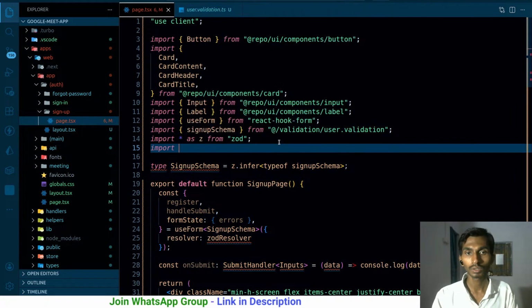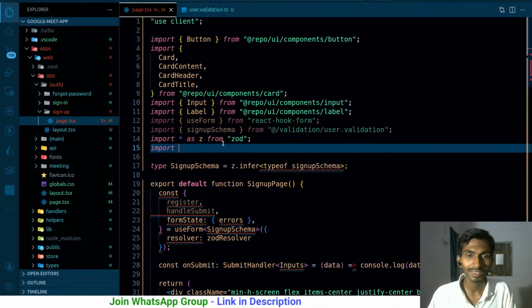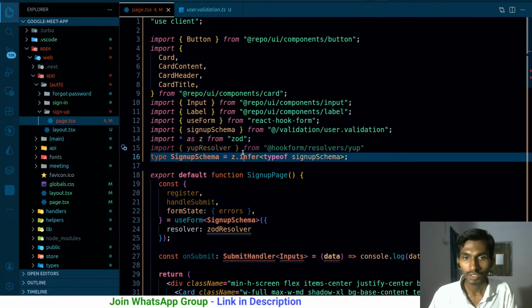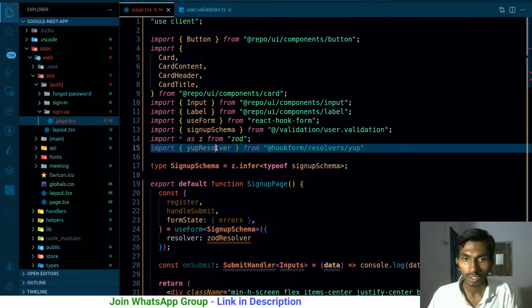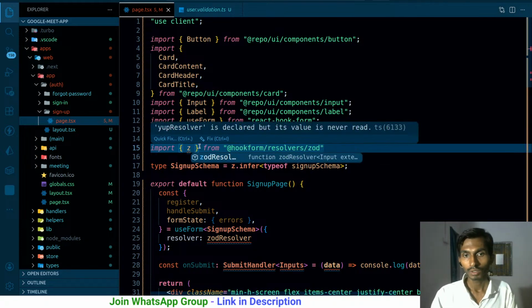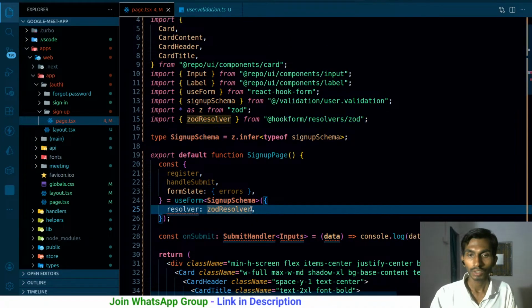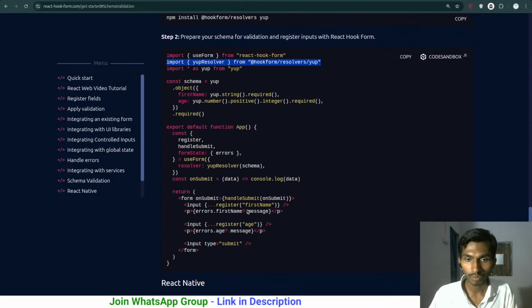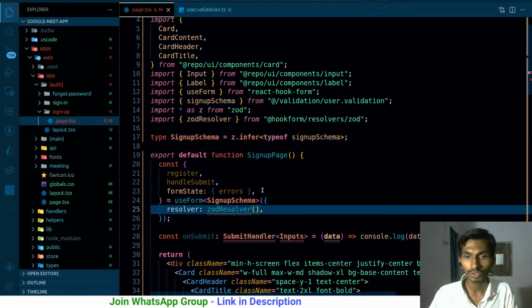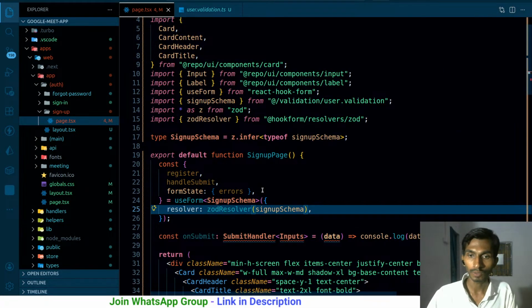Import Zod resolver. Copy it, bro. Sometimes copy pasting stuff. And once I got this, what will I be doing? I don't want Yup resolver, rather from Zod I want Zod resolver. So okay, I have the Zod resolver here. Once I have Zod resolver, then this Zod resolver will be taking something. It will be taking the schema. What is the schema? Schema is sign up schema. So once this is done,